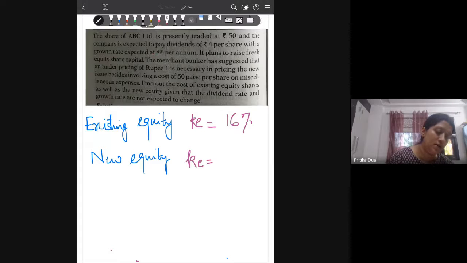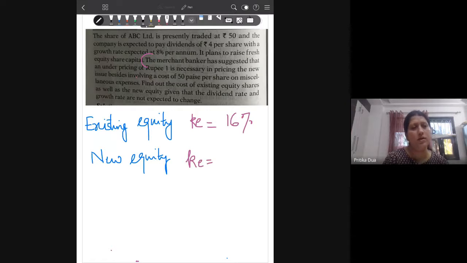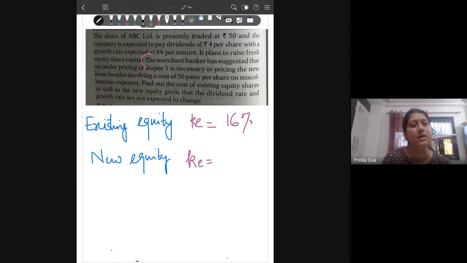The merchant banker. Can anyone tell me who is a merchant banker? Who's a merchant banker? I'm an investment banker. Yes, investment banker. You can say that the terms are mostly used interchangeably. So, what is the merchant banker doing? What's the job of a merchant banker? Basically, his or her job is to price that particular asset and put it in the market and showcase to the investors that this is a lucrative investing option, something like that. Okay, yes, to a large extent, you are correct.